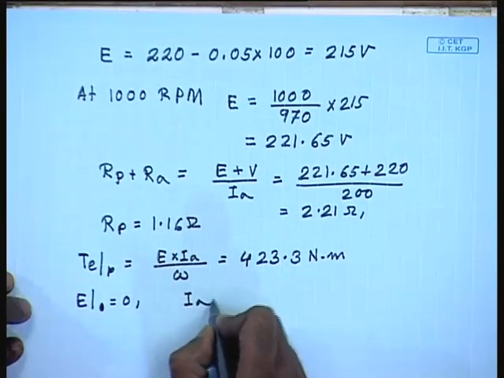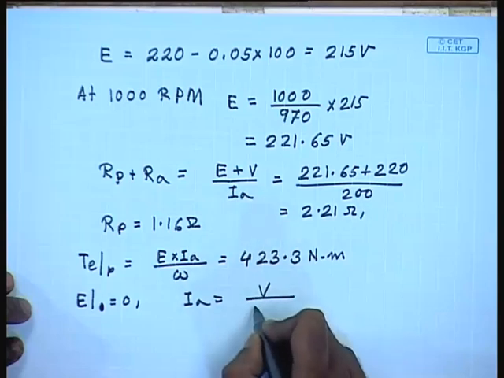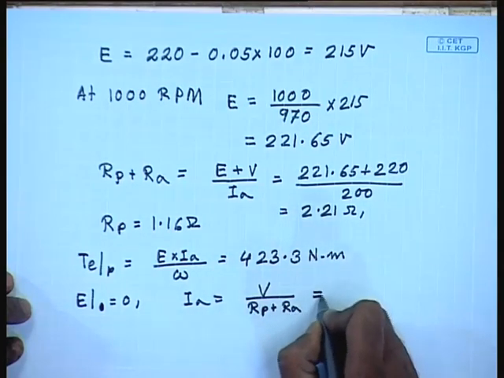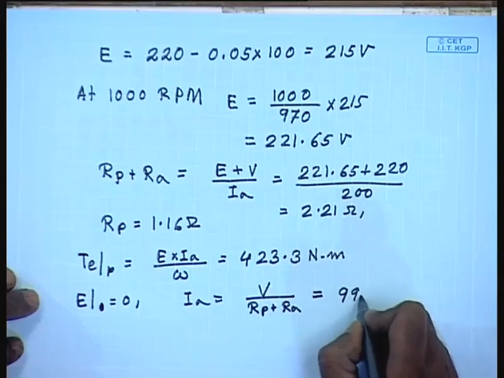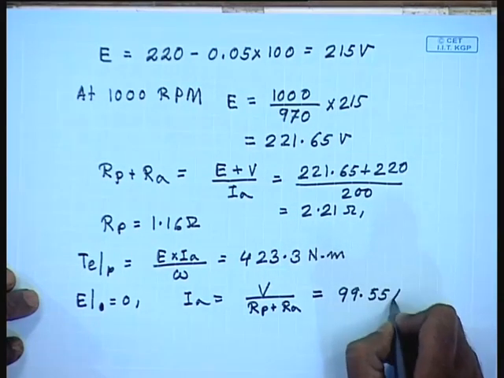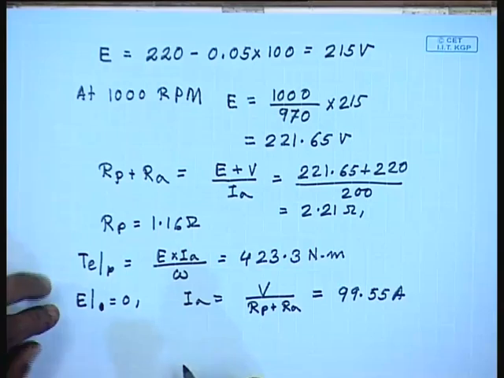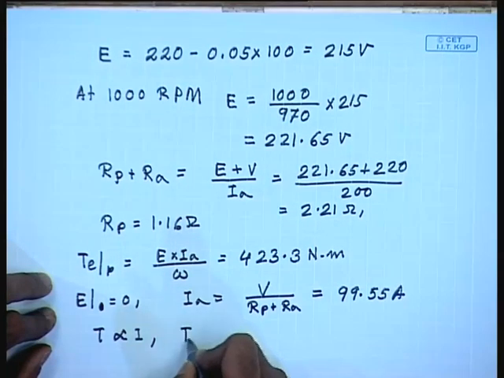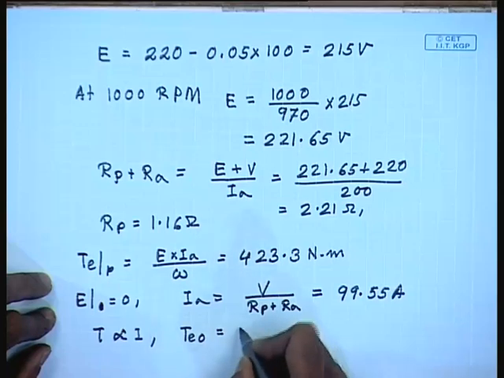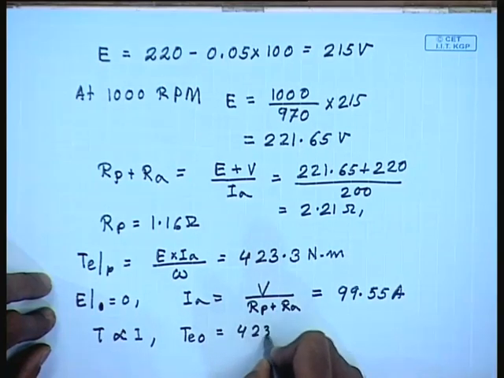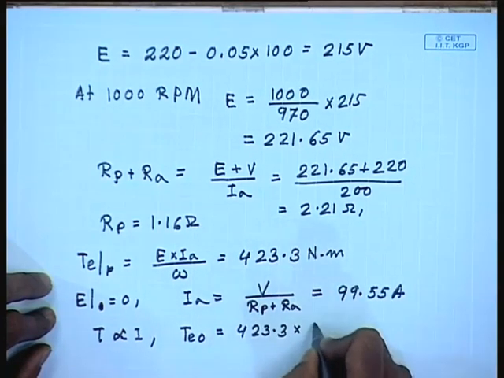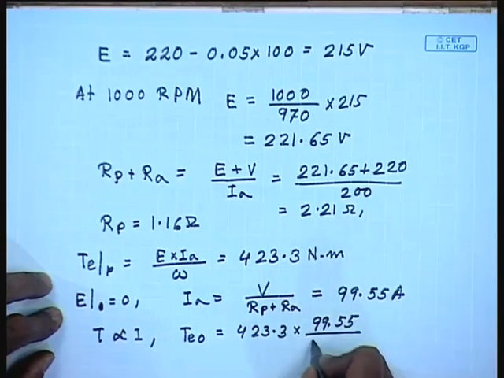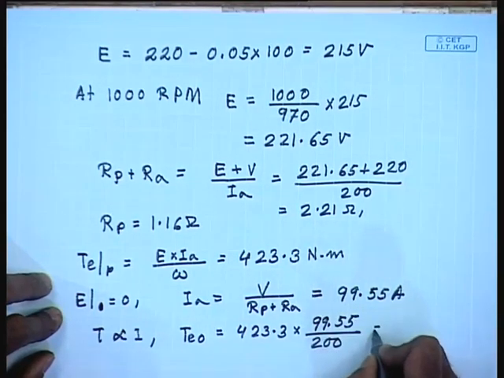So, I A equal to V divided by R P plus R A, this comes to 99.55 amperes, and since T is proportional to I A, T E at 0 will be equal to 423.3 into 99.55 by 200,